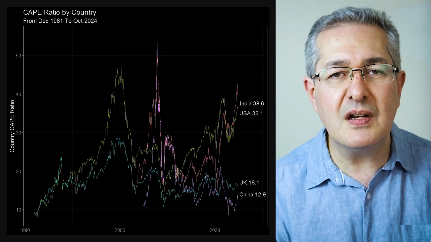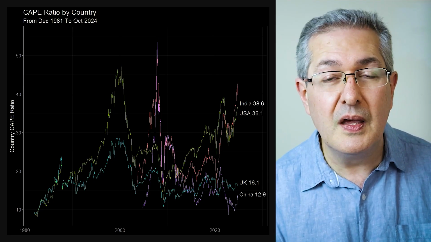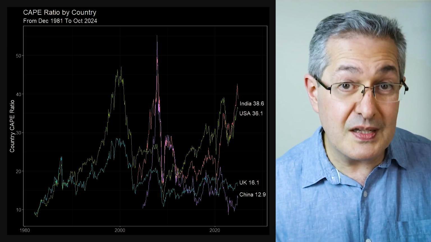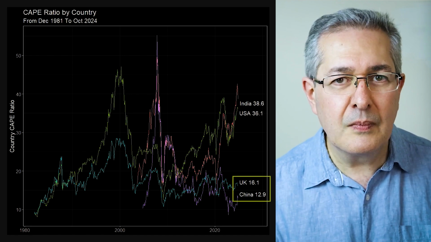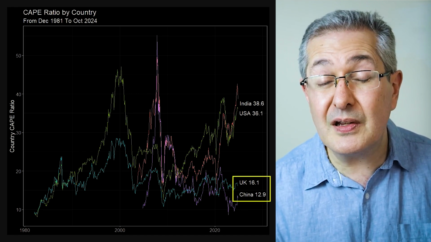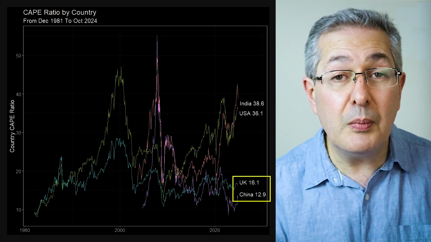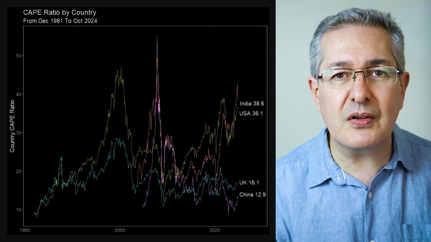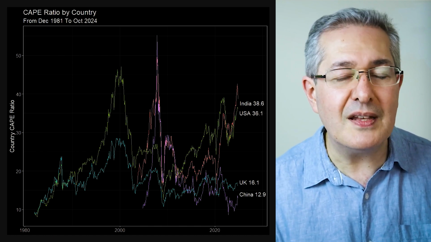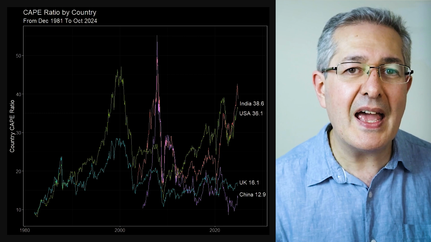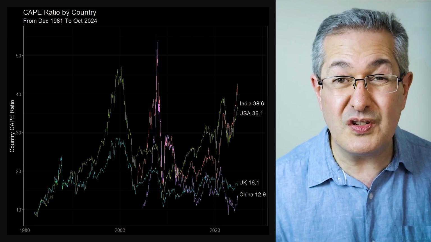Almost by any measure, if you look at Indian stocks, they look expensive right now, more expensive indeed than the United States. So here you can see Robert Shiller's cyclically adjusted price to earnings ratio, which is a measure of expensiveness over time. And you can see that compared to the US, it's considerably more expensive right now. Compare that with the UK and China, well, they're looking really cheap at the moment. Why is that a problem? Well, if people are overpaying for Indian stocks, that usually reduces future returns. That's unless fundamentals, profits, can really tear ahead and justify these very high valuations, which is a tall order.